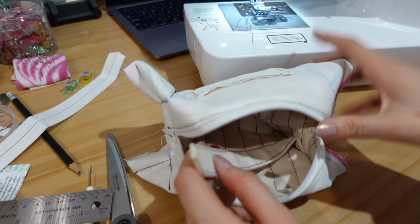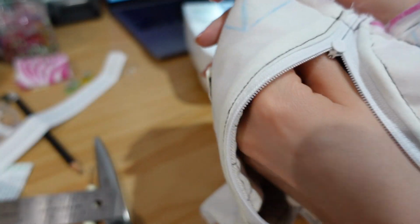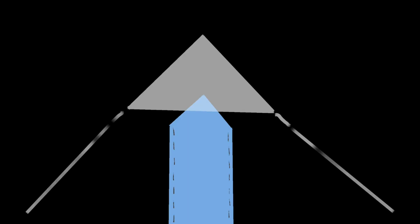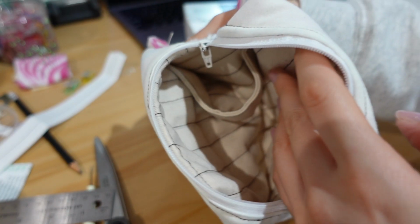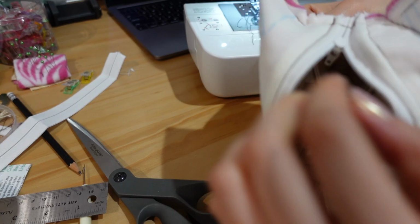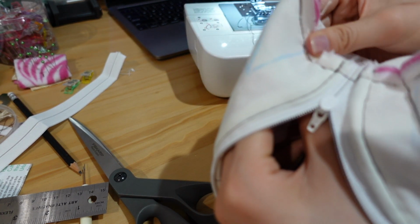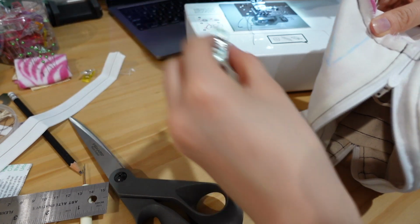Once I have it cut and I like the length, I'm going to slot the triangle so that it lines up perfectly with the diagonals that we drew earlier. And this is what it should look like. Your handle should be parallel to the short end of your bag. Once you're happy with the positioning, pin everything, and then you can sew along that blue line that you see,